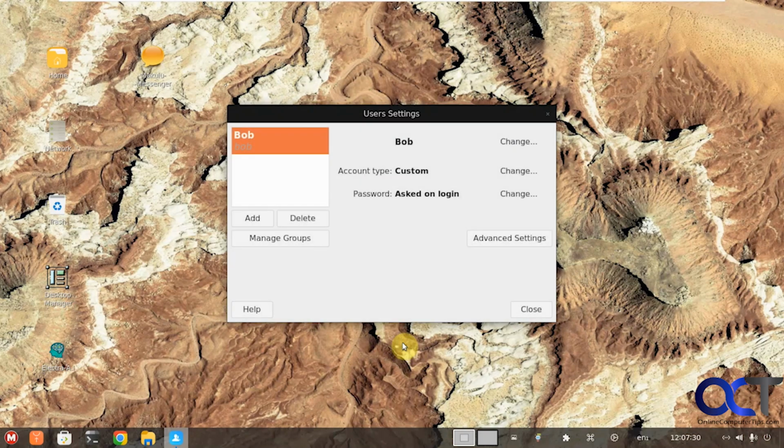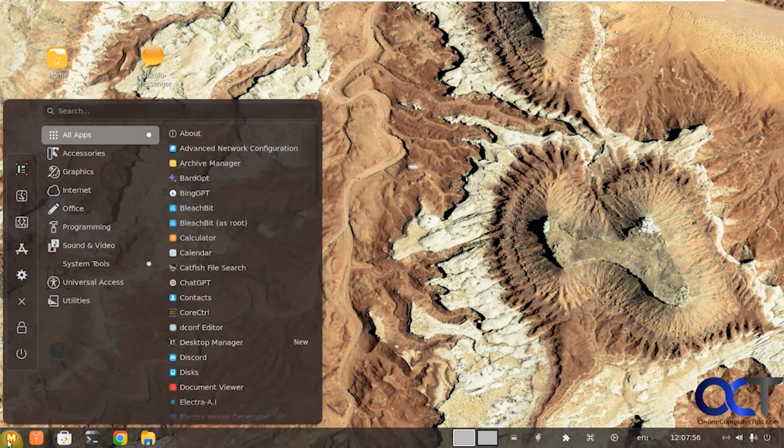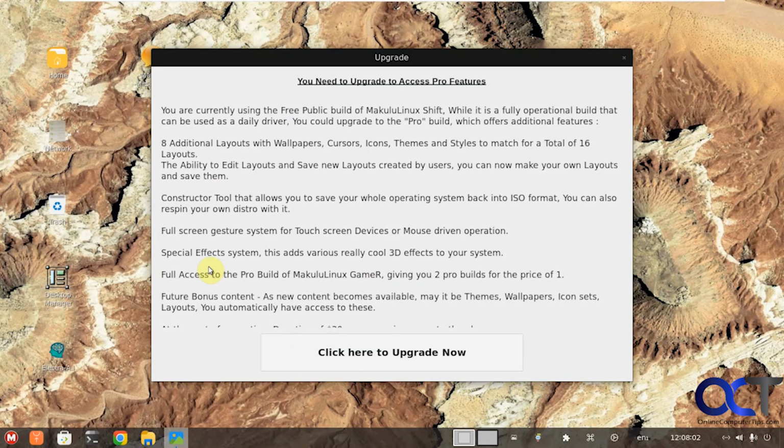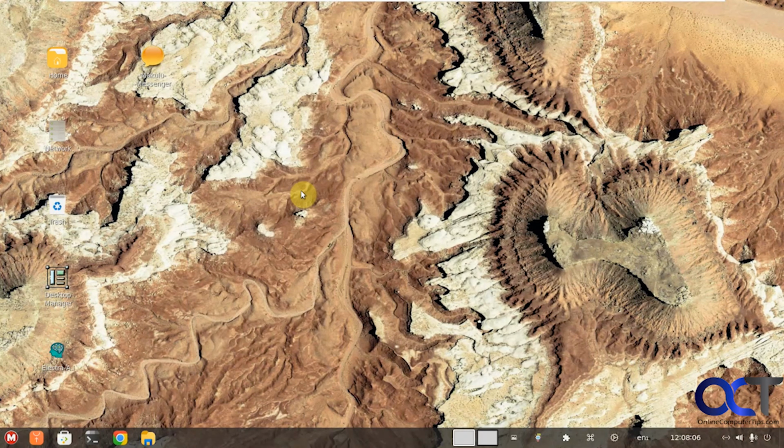Just like so. Make some groups. Let's see what else we got here. So a lot of these Electra ones here for the AI stuff, if you click on it, it's going to tell you need to upgrade to use it. And even this here,